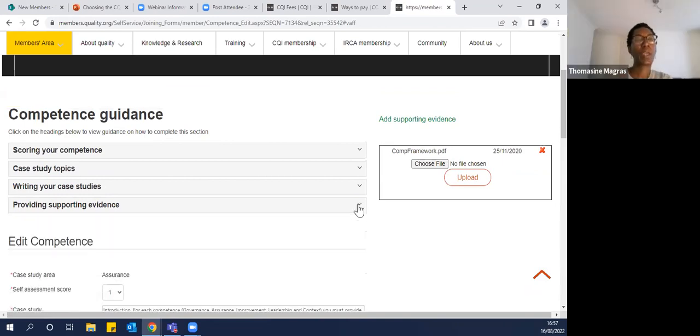I would also suggest, please remember that the case studies are yours to choose. So if you've got a case study that showcases you in that particular competency to perfection, but you can't provide the evidence, perhaps you'll need to choose a different project that showcases you just as well, but you're better able to get the evidence to go with it.